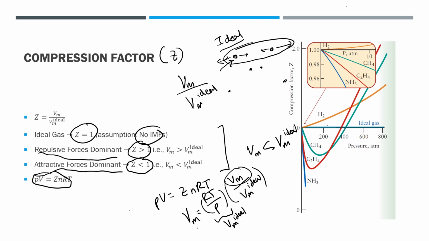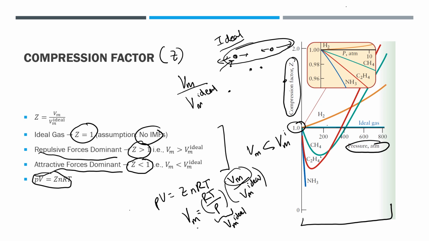But the compression factor actually needs to be obtained, right? We don't know the compression factor, we need to experimentally determine it. So now I want to look at this graph over here on the right, and this shows the compression factors for many different gases. We see ammonia, we see methane, we see hydrogen, all these different gases, right? And we also see an ideal gas as a reference. It graphs the compression factor versus the pressure, right? So first we can look at our ideal gas, right? Our ideal gas has a compression factor of 1.0, right?